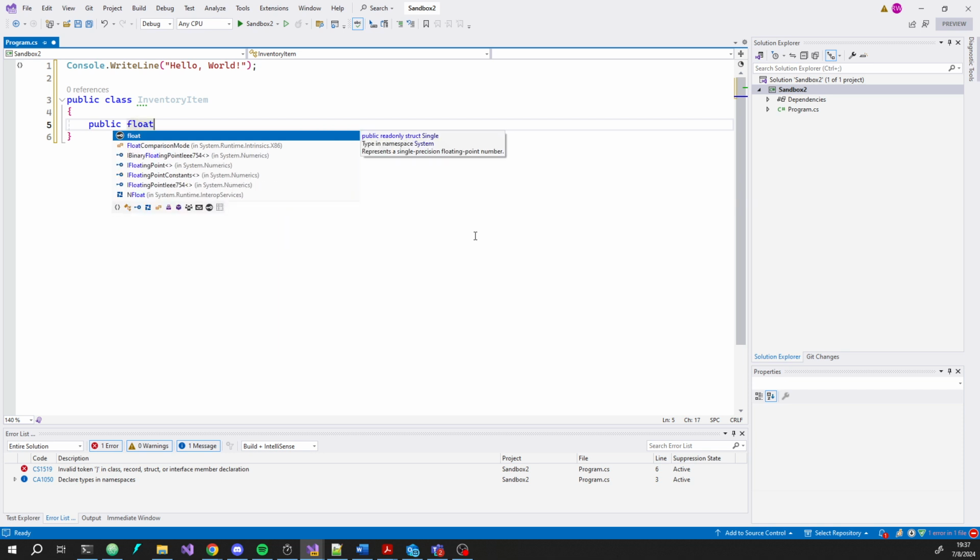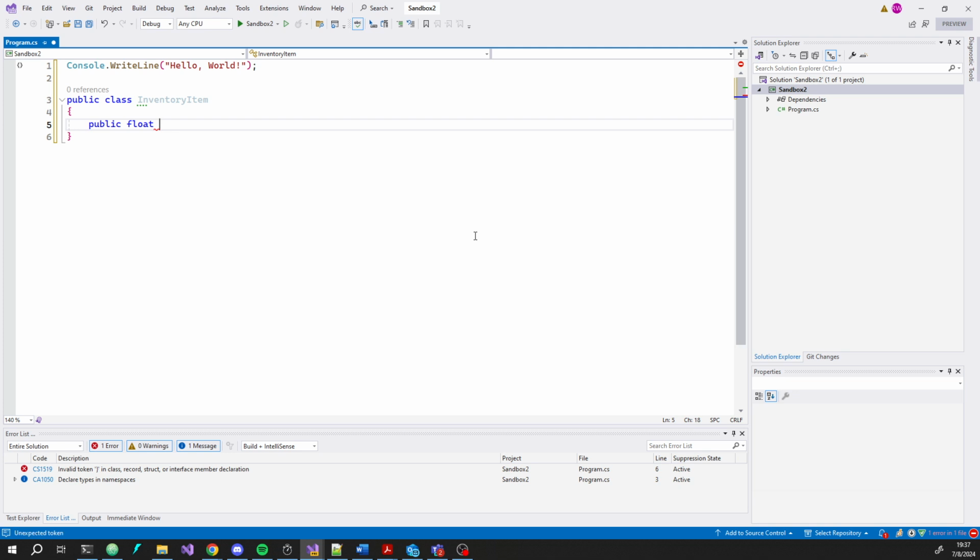It kind of depends. If we were doing this as a part of a bigger program, a lot of times there will be some sort of compelling reason to use floats or doubles. And if the program as a whole has a compelling need to use float or double, I would generally say, well, the whole program tends to be using float or double, so I'm going to use that again here. In this case, like I said, float is less precise and fewer bytes, but on modern computers, we usually have a lot of bytes, so it's not that big of a deal one way or another. But public float weight,